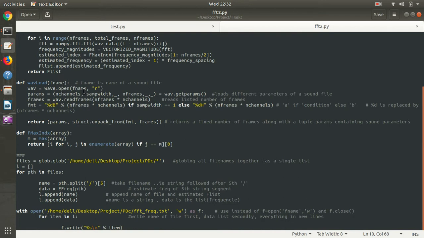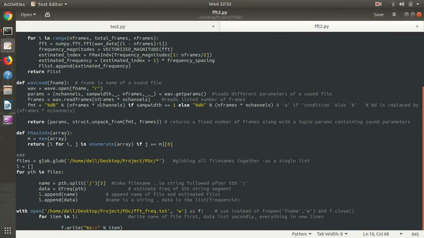Wave.open, where fname is the path of the sound file, and using the built-in function getparams from the wave module, we get the n frames, sampling width, and channels, from which we calculate